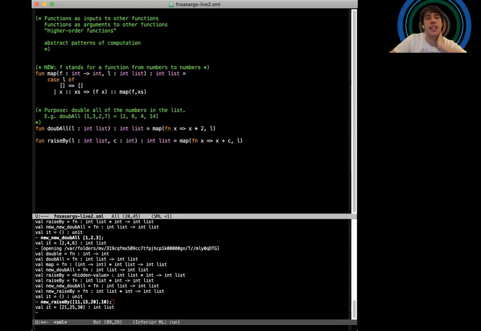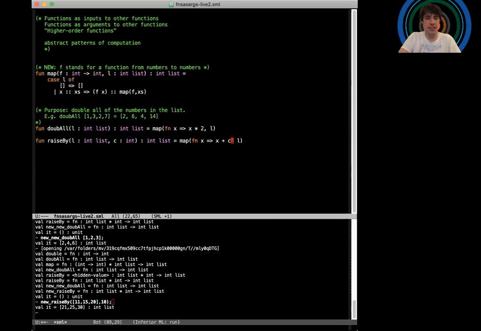That's the instance of map where I send x to x plus c, right? Once you start to learn these patterns of computation that are captured by higher order functions, you don't write out the instances of the pattern anymore by laboriously doing the recursion, case L, and so on. Instead, you just know the pattern, and then you think, oh, the thing that I want to do here is do something to each thing in the list and compute the list of the results. Well, that pattern of computation is called map, and so I can just plug in a particular function as input to map, and then